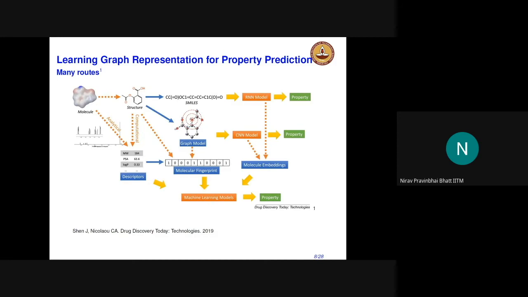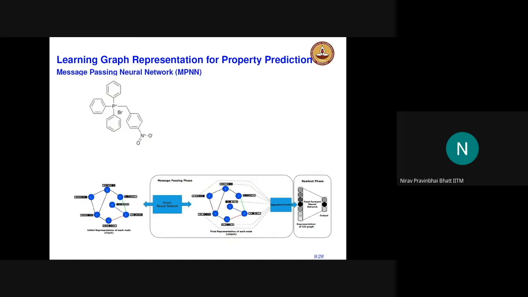representation of molecules, and descriptors. The only problem is that most of the time these descriptors are not actually used as a whole, rather they look at some of this embedding, which is not really physically meaningful. So earlier models which used RNN and CNN were more or less doing nothing but molecular embedding, and that leads to a class of neural network that they call message passing neural networks.